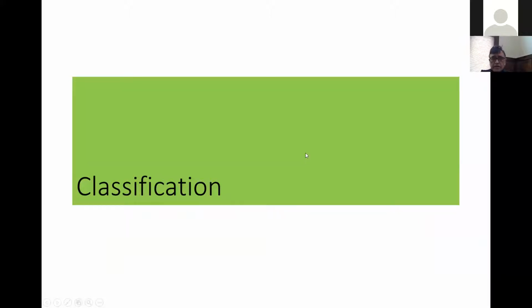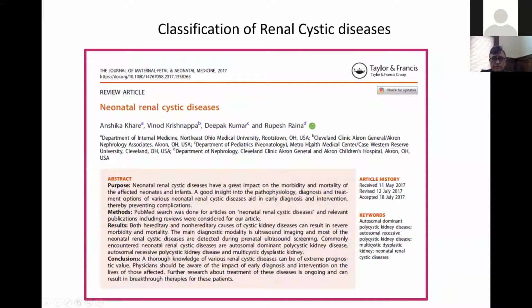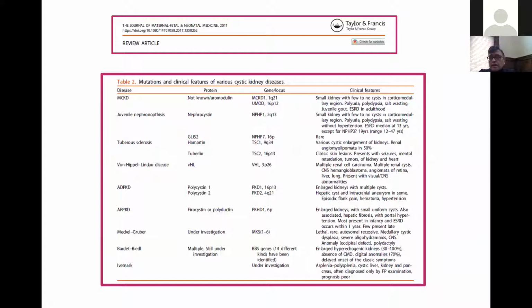Classification was a big issue. This is a paper in the Journal of Maternal Fetal and Neonatal Medicine. And this came out to be a complicated classification. Are you going to classify these genetic diseases on the basis of their genetic inheritance, or are you going to do that on the basis of the clinical features? I prefer not to go with the genetic gene locus or protein involvement because I'm a clinician first, then a basic scientist. But in our lab, when you look into these patients, you need to classify on the basis of